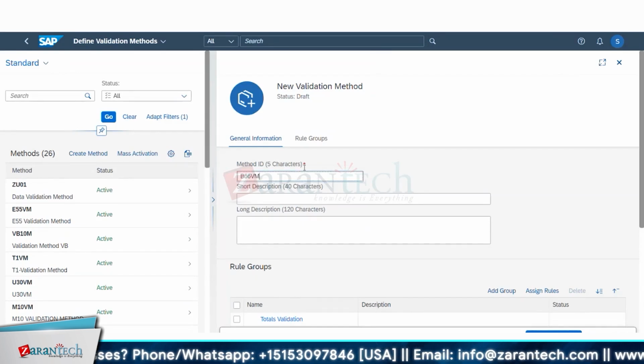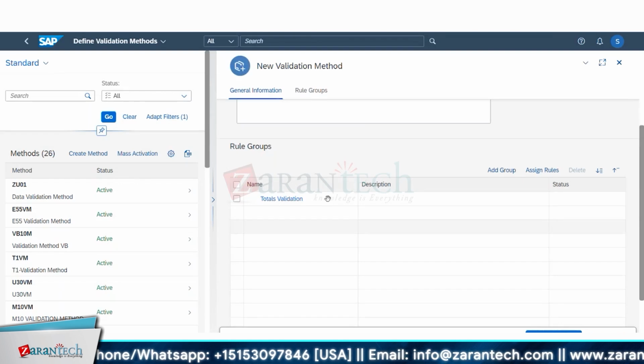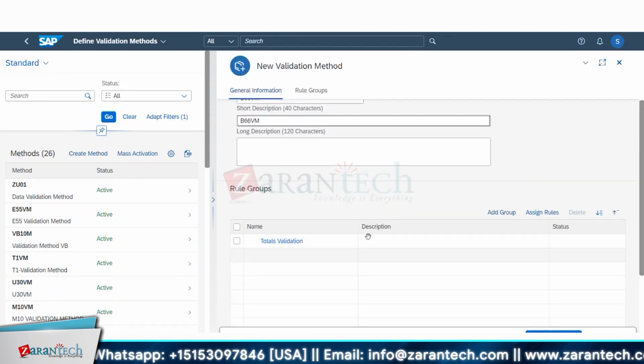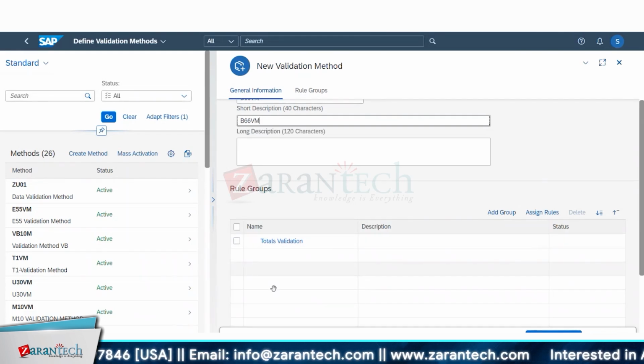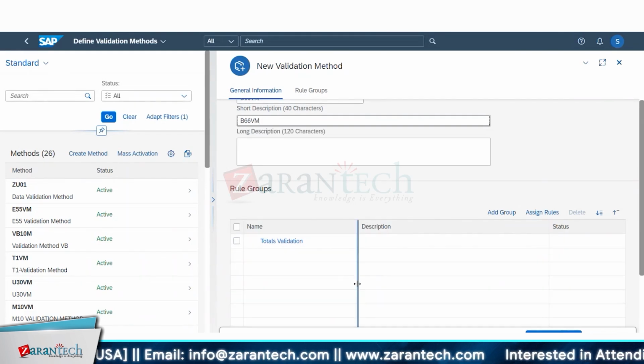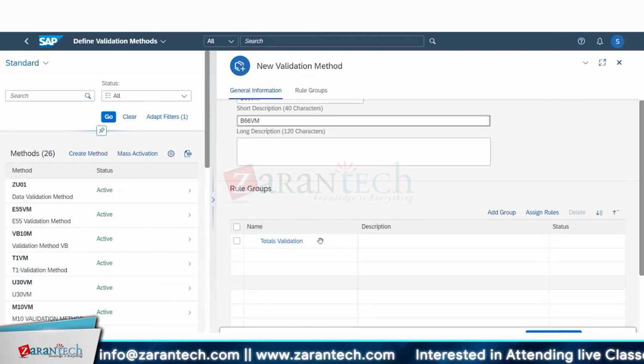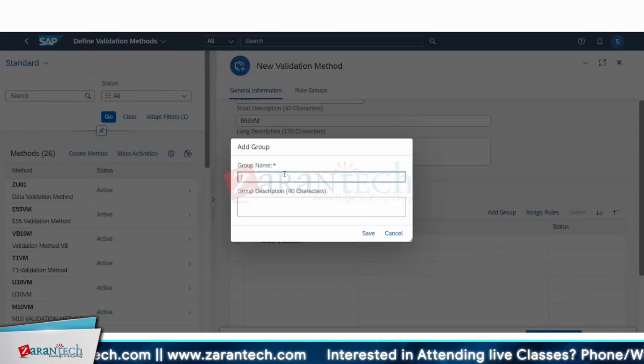B66 validation method. So when I create a validation method, we will have a group. For example, however you wanted to add a group, you can add a structure. If I have multiple validation rules, I wanted to make balance sheet a separate group, and then again in balance sheet I wanted to divide and group. So you can add that many groups here. Okay. So for example, I'll say